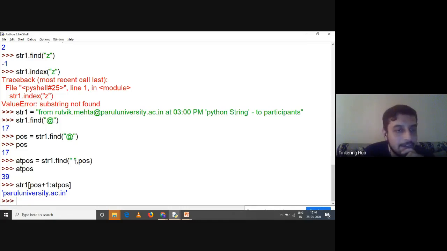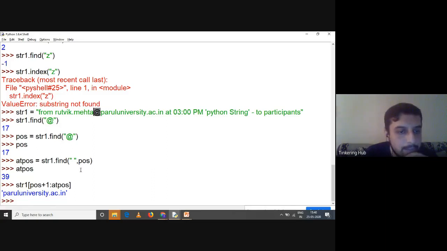So we have seen find with a particular character only over here, right? But what this post is saying is: look for a white space after @post. So what is post? 17. So look for a white space after this particular @. Understand this. After this particular @, look for a white space. So where is the white space?